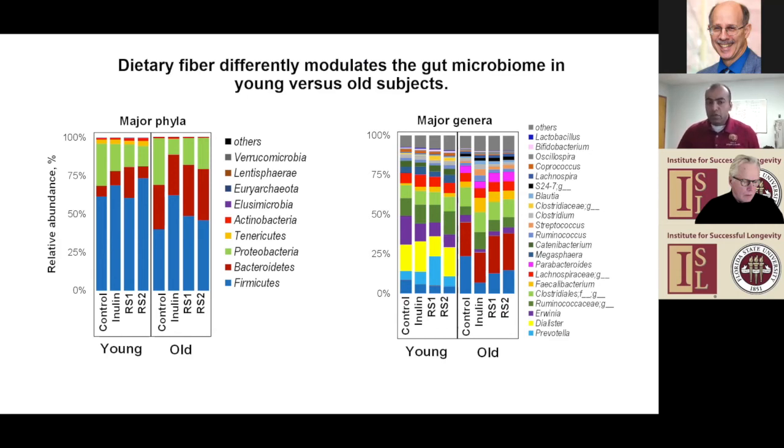At the same time, there were some signatures of the microbiome which were increased by the prebiotic, but only in young people and not in old people. So these in vitro and pilot studies clearly showed that the effect of prebiotics or any dietary component on the microbiome might depend on host age and on the native state of the microbiome.